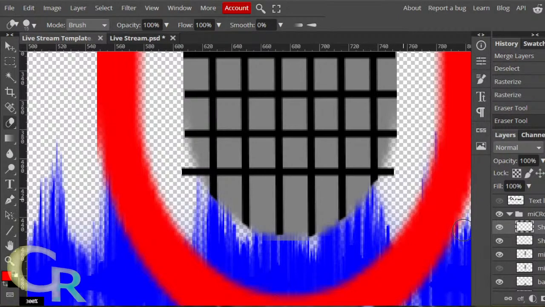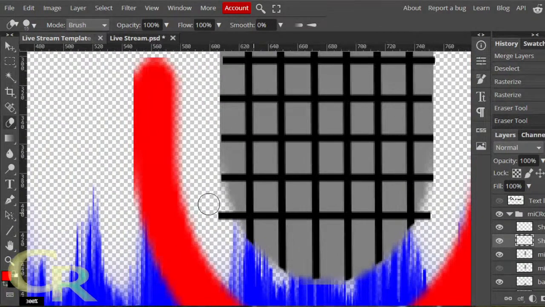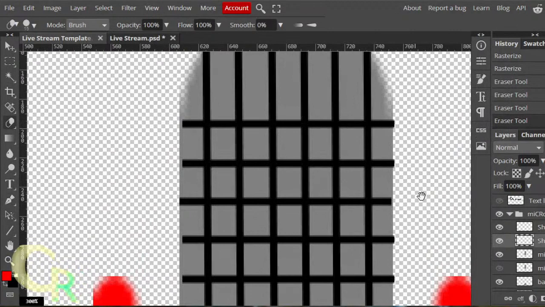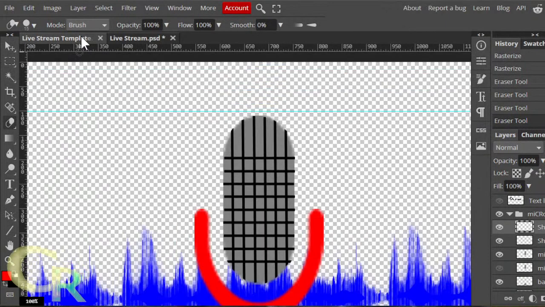Now select the other one, which is the horizontal. Do the exact same thing. Relatively make it a grid. Yeah, I think it'll be good enough. Select the top one here. Zoom back out.